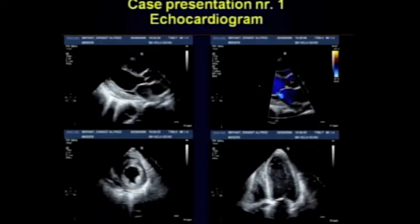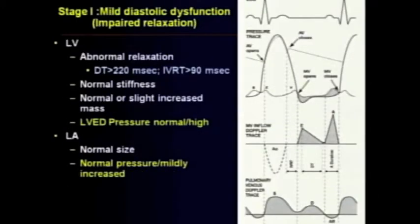So this is how one of these echoes will look. You get a little hyperechogenic myocardium, a little left ventricular hypertrophy, ejection fraction is normal, no major mitral regurgitation. If I were to do the echo and look now at diastolic dysfunction, then the first stage of diastolic dysfunction is called impaired relaxation. So what that means, if you were to look back here to the invasive hemodynamics,